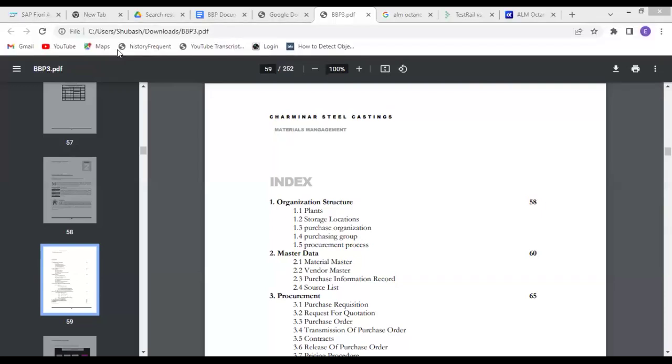Sir, is it mandatory for consultants, like whatever the functional models are there, what we need to prepare a blueprint? Yes, it is mandatory. That is a job. That is the first job you get. Based on the business blueprint only, you're going to design the system. Okay, thank you, sir.